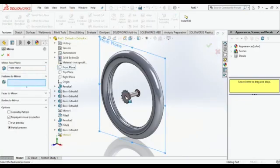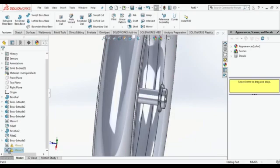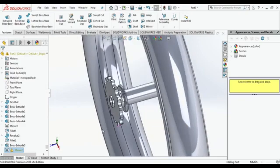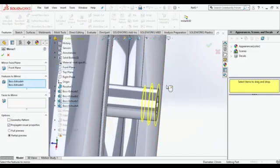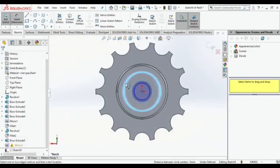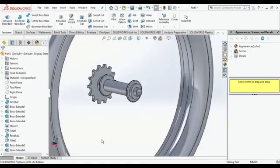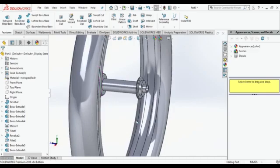Then we have to mirror that small part, but I think it will not happen because the sprocket is going to come in between. Now you can see here that because of the sprocket it is not happening on the other side. So we will go with the extrude only because it will be the best one. Otherwise make a sketch on that plane, and yes, you got it. The same thing on both sides. It is for the attachment to your frame,